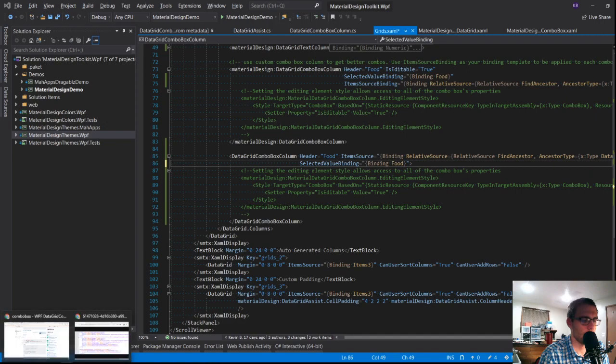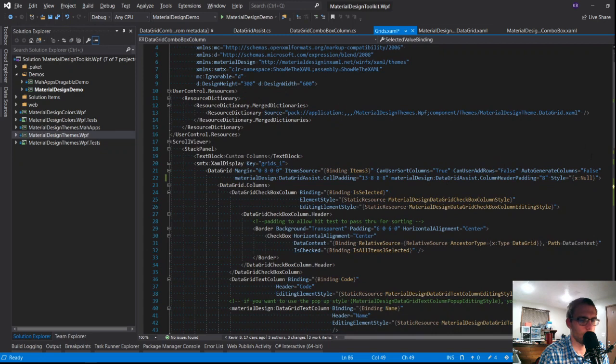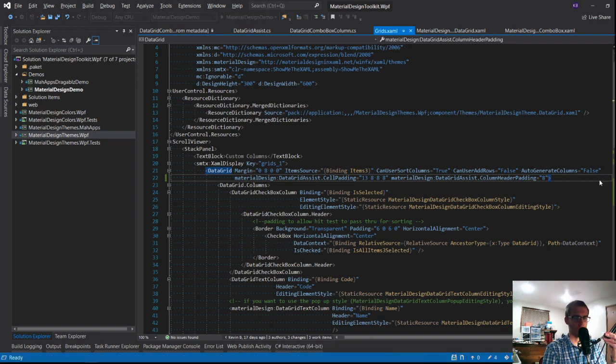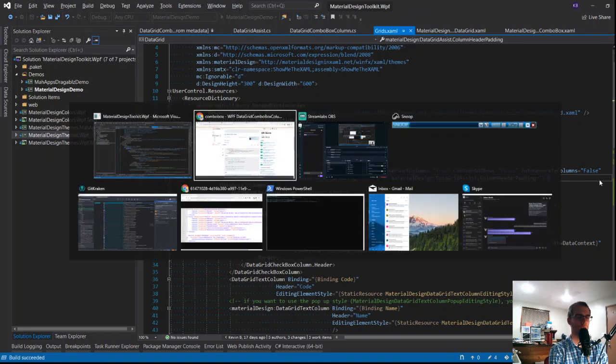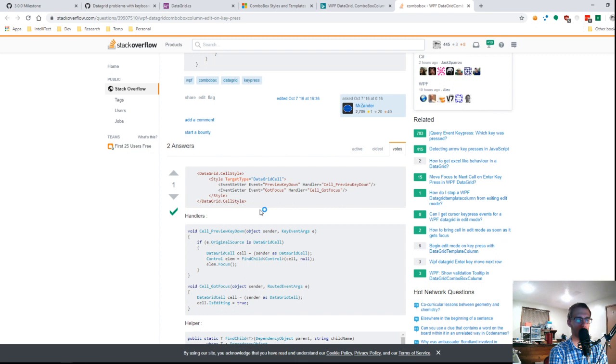Okay, so I think I know how we're going to handle this. But let's go back here. Let's turn the styling back on and let's restart one more time. I think the solution is we punt this guy out of here because it's confusing, but I believe for now we're going to let the default behavior of F2 control it. But what we might do, we might try this guy.